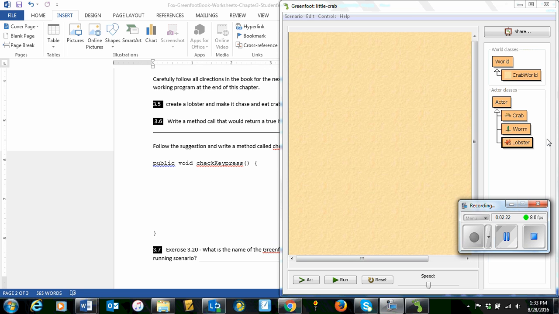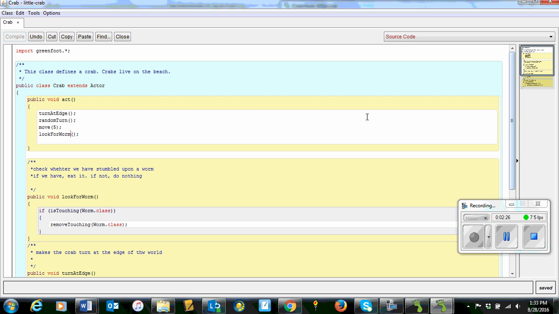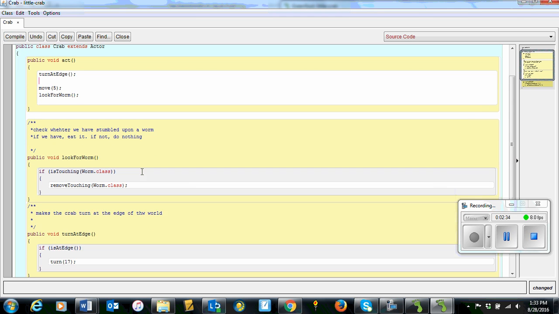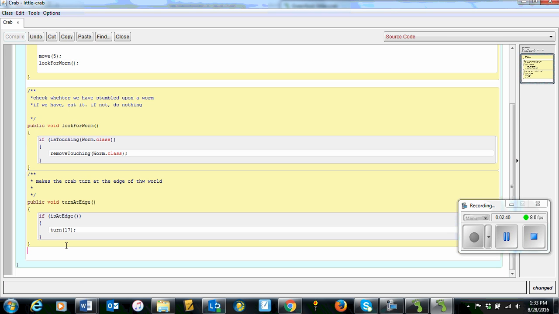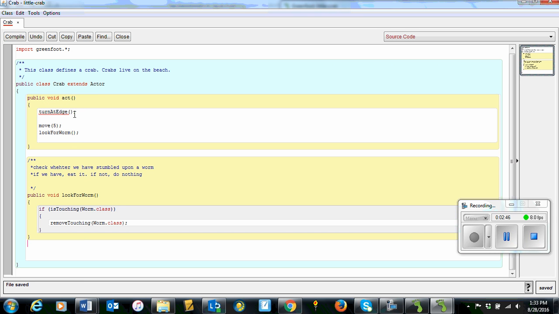Okay, so let's go ahead and remove the turning code from the crab and the world edge stuff as well. So we're going to get rid of random turn. And we're going to get rid of turning at edge. Okay, so